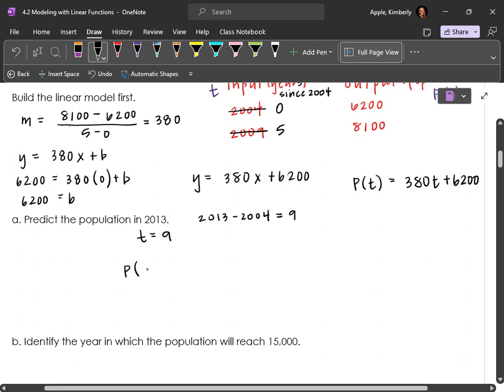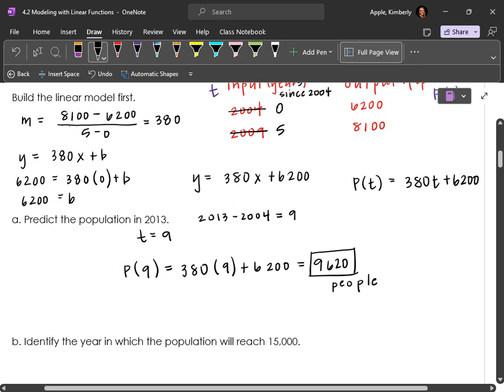So we'll just plug that into our function, the model that we built that gives us the population. And then, that should be a plus, my bad. And just perform that calculation, and that's going to give me 9,620, and that's going to be my population, people